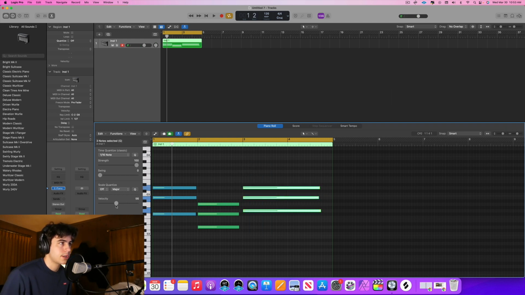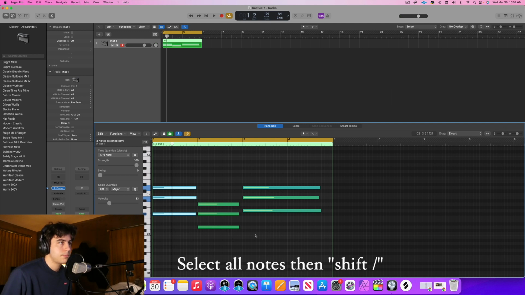You can just sort of adjust these accordingly, and you kind of want to do this individually to the different notes to get a more human effect. I'll also just throw this out there. If you want these to reach the next note, so you want to play it until it hits the next